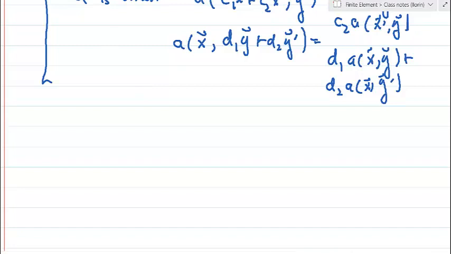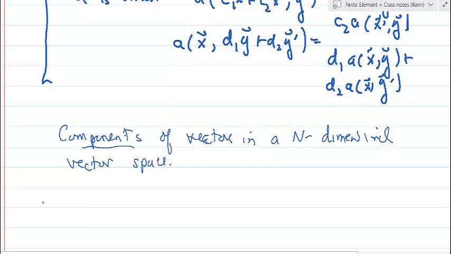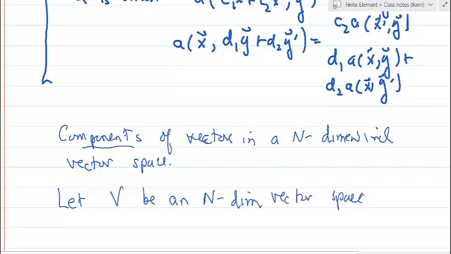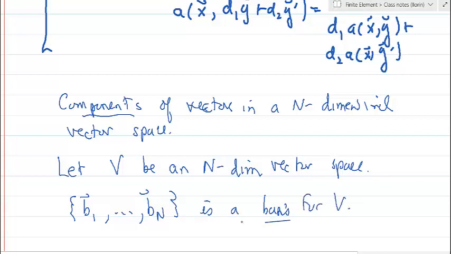If I talk about the components of a vector in an n-dimensional vector space, I'm going to let V be an n-dimensional vector space, and I'm also going to let b1 through bn be a basis for V. Now what this means is that any vector in V